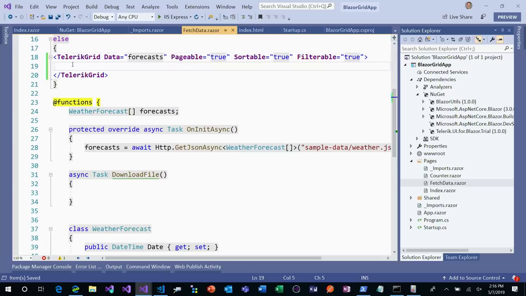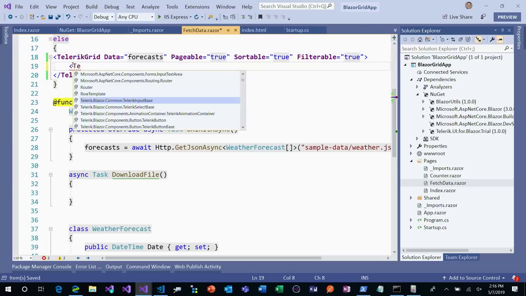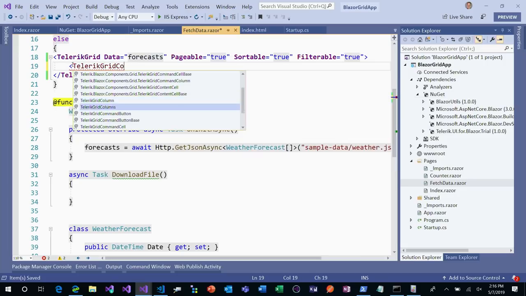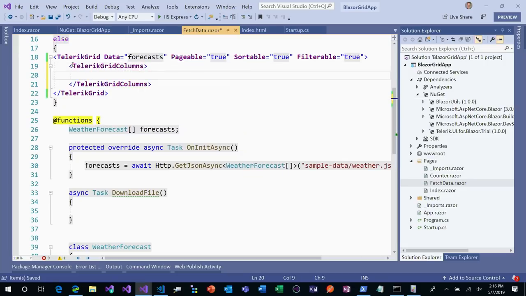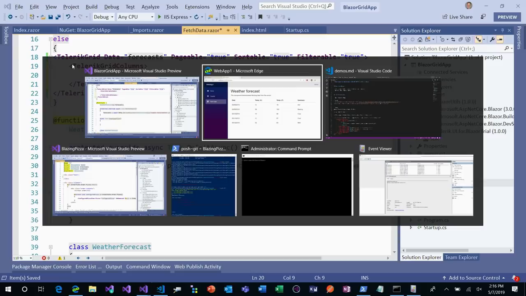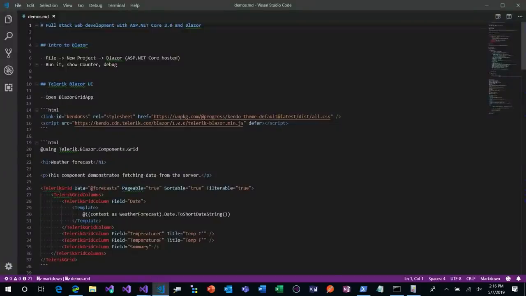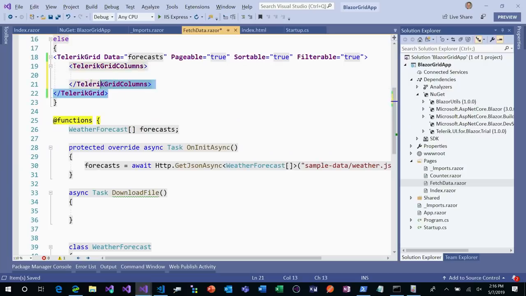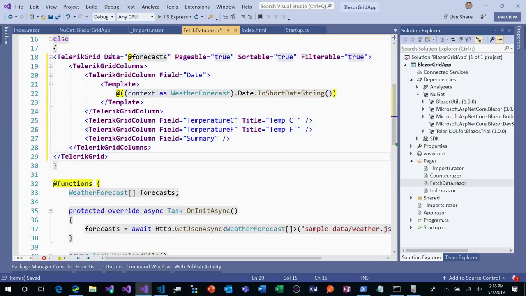And then in here, you would define all of your Telluric Grid columns, I think is what it is called, Telluric Grid columns, yes, and so forth. And you would define each column. I'm going to spare you me typing through all that and making typos. I've got it already typed up here. This is what the final version of that grid looks like, with all the columns already defined. If we then save and rerun the app,